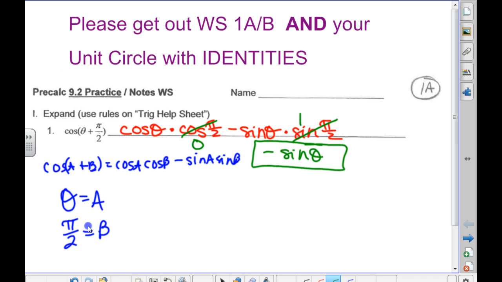Can anybody describe that for me in terms of graphing? What was the cosine one? What happened to the cosine to make it into a negative sine? Okay, I'm trying to relate this graph to this graph. This is a cosine that has been what? Shifted to the left pi over 2. When you do that, it turns into a negative sine. Okay? All right. Moving on